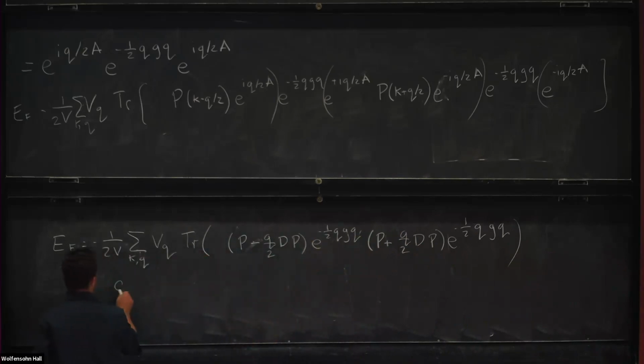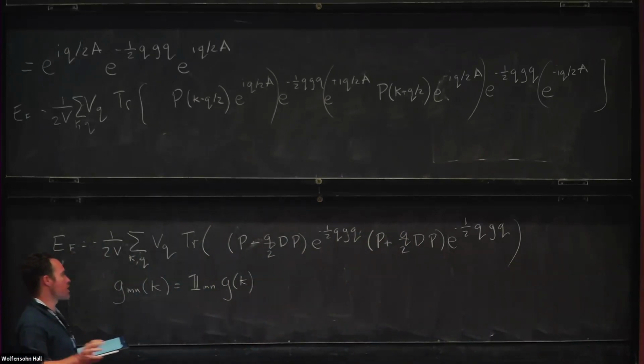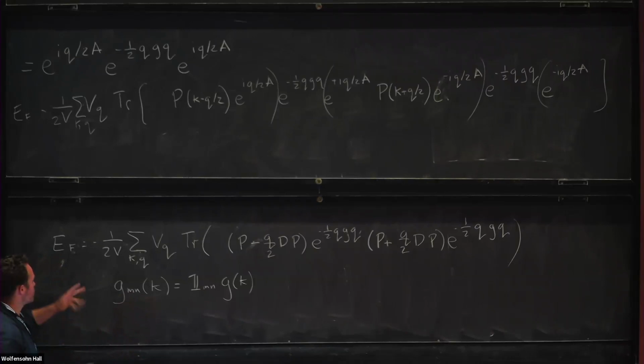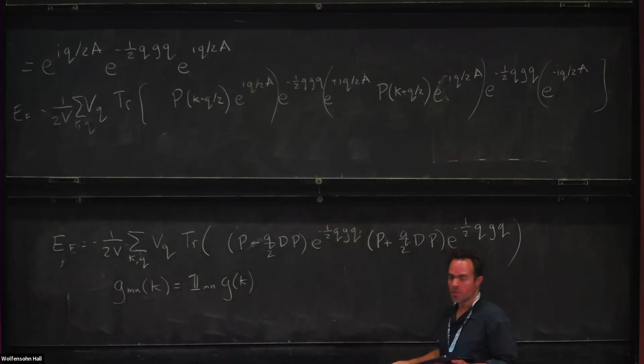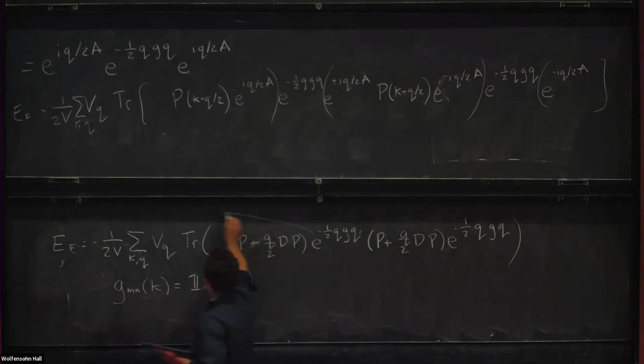Let me assume that G MN of k is actually just proportional to the identity in the band space. Just for simplicity, it's not just diagonal. Let's just assume it's the identity and keep track only of its magnitude to simplify things, though there are cases where the change in G with respect to the fact that it's not the identity is also interesting. Let me just make this approximation. So that's quite nice because if I assume that the metric is the identity, I can just treat this as a number in the band space rather than a matrix and entirely bring it outside the trace. And then under that approximation,